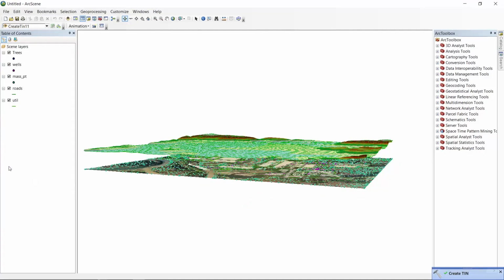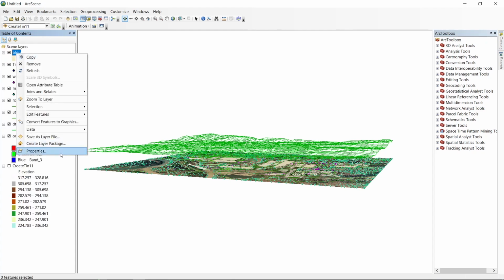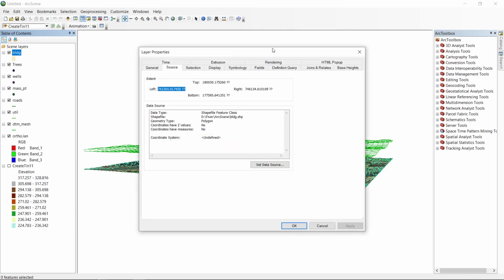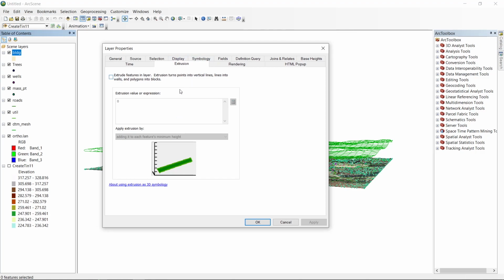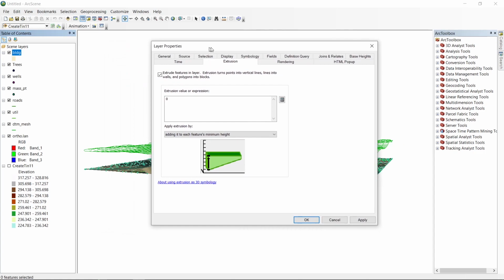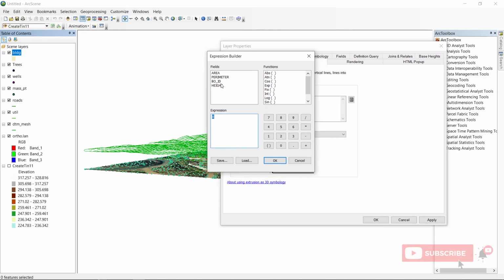So we have created the elevation TIN. So I will tick off this. I'll get this building layer as the topmost layer and just go to properties, extrusion. So I'm going to tick on this and raise the height using this height field.